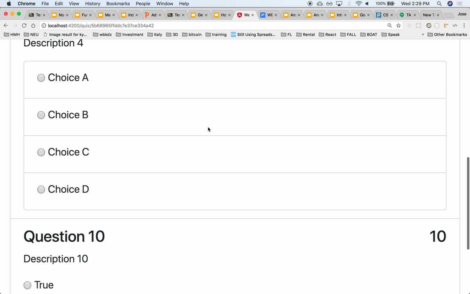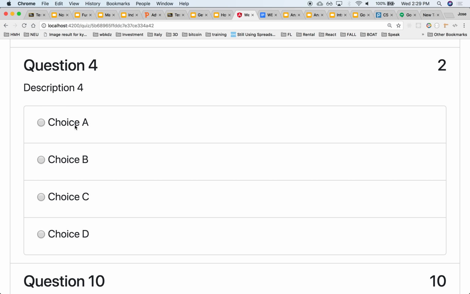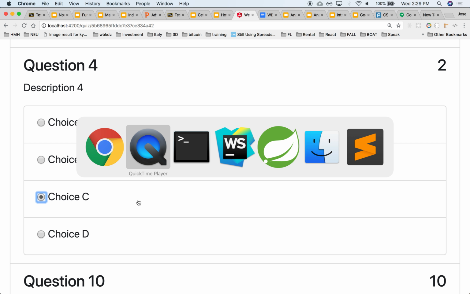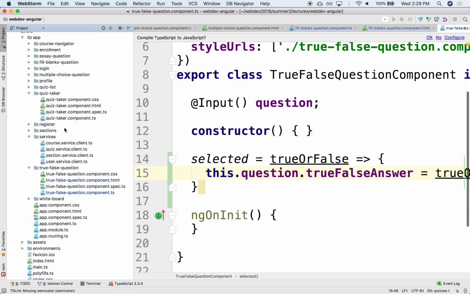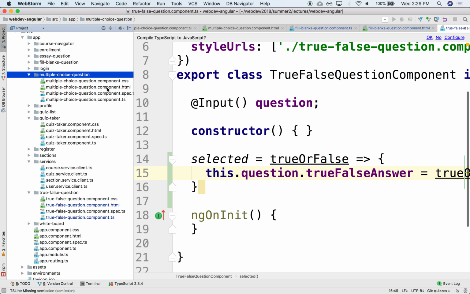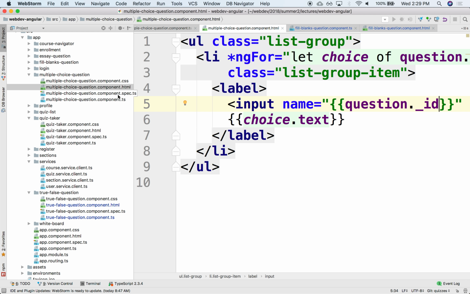All right, so for the multiple choice, what we could do is keep track of which choice you chose, right? And perhaps we could keep track of the index of the choice that you chose. We could do that. We could notice that each one of them, I believe, knows whether the correct answer is that particular answer, right? For instance, if we go to the component that renders that, the multiple choice question, and notice that as part of the data model,